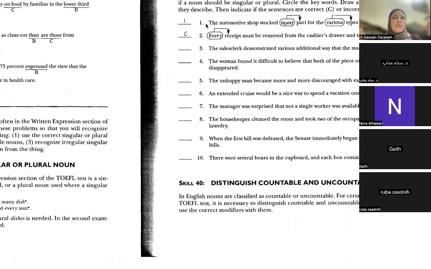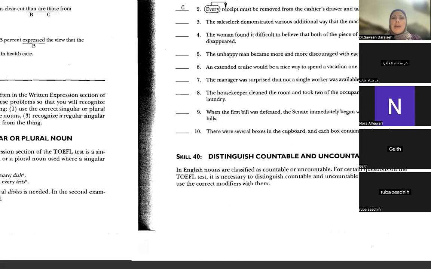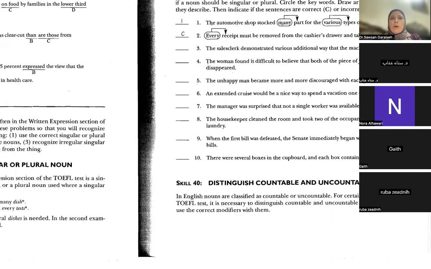So pay attention to those key, let me say, what would we call them? Key words. كلمات مفتاحية help us distinguish whether, let me say, the noun should be in the singular or in